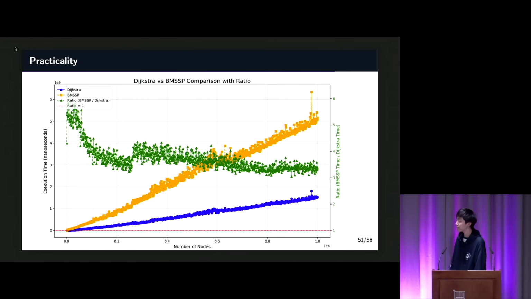I guess by the complicated nature of this algorithm, it is no surprise that it looks like Dijkstra still performs much better than BMSSP. But the interesting part is, if you look at the green line, it keeps dropping as n increases, which suggests BMSSP may eventually outperform Dijkstra on some extremely large graphs. But anyway, despite the theoretical improvement, major constant factor optimizations are still needed before BMSSP beats Dijkstra in practice. And so I'm glad to say that we have not reached the end of Dijkstra yet.